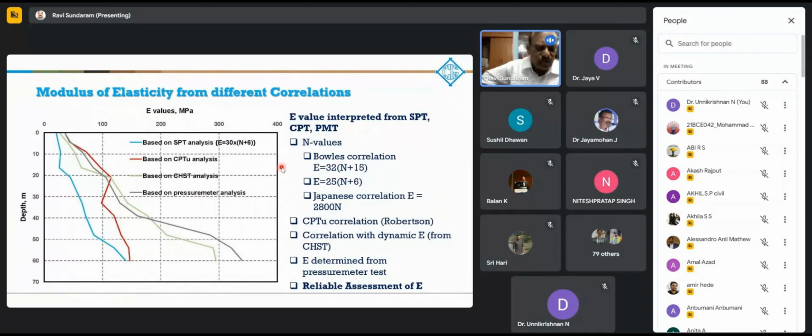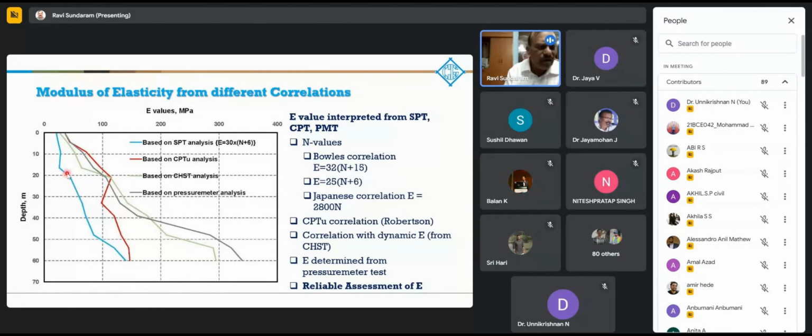Also, the CPT gives you profile of the E values. Crosshole seismic test gives you dynamic E. There are correlations to convert it to static E. Similarly, pressure meter gives you the deformation modulus. If you look at this, you get such a large